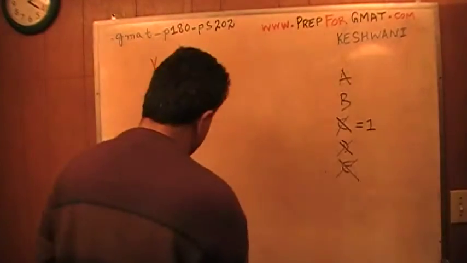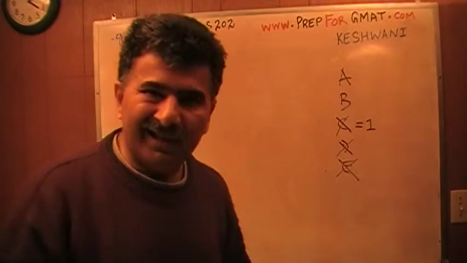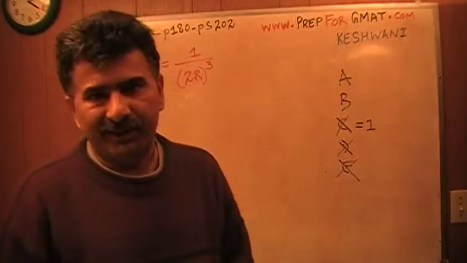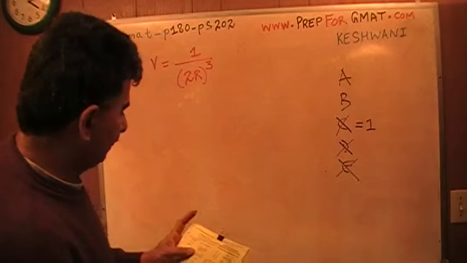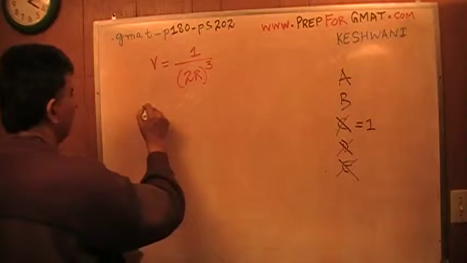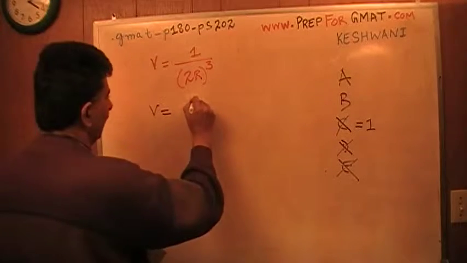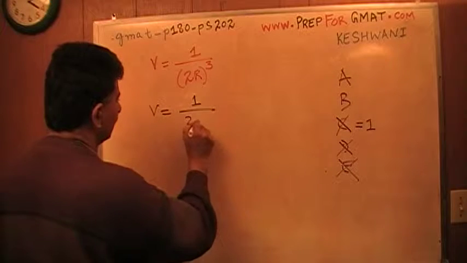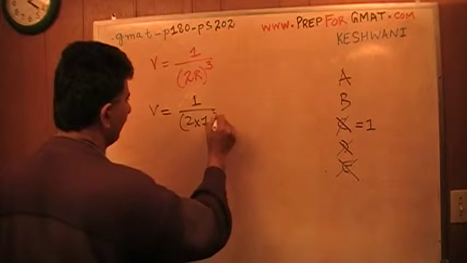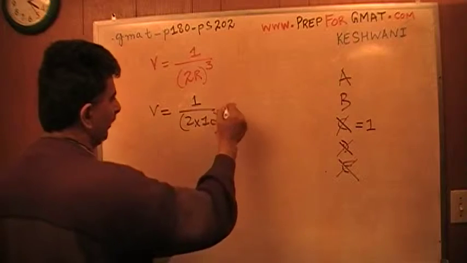Now at this point, if you like, you can solve this problem in the classical way with the algebra, or you can just plug in numbers. I'm just going to plug in numbers. So I'm just going to make up a value for r. Say for example, in the beginning, I had 1 over 2 times 10. The value of r was 10. So I have 1 over 20,